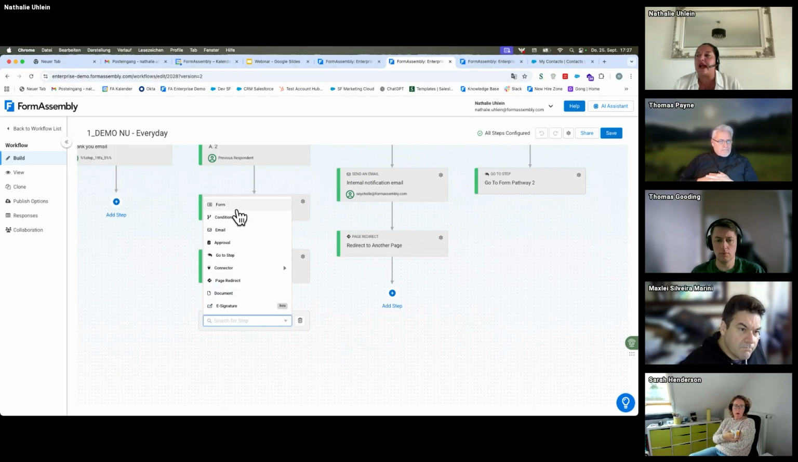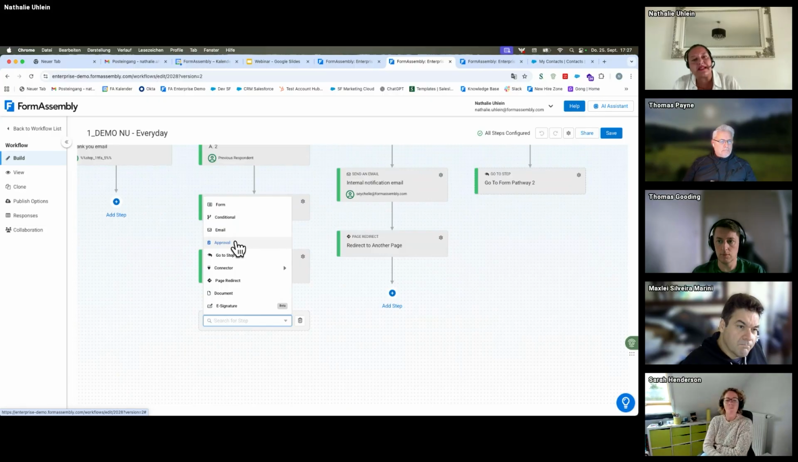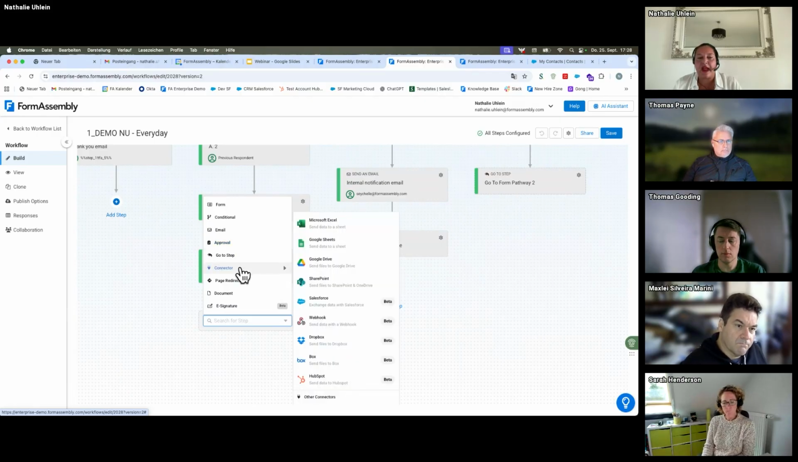For example, to decide I would like to move to another form, I would like to add additional conditionals, I would like an email to be sent out automatically, I would like to insert an approval step before the process continues, and so forth. As you can see here, we also have the possibility within the workflow to actually connect